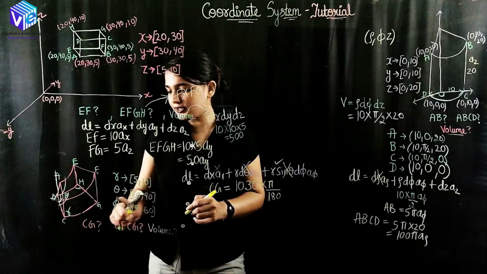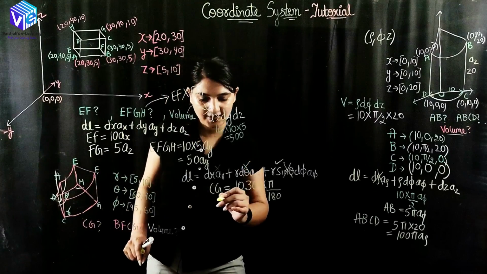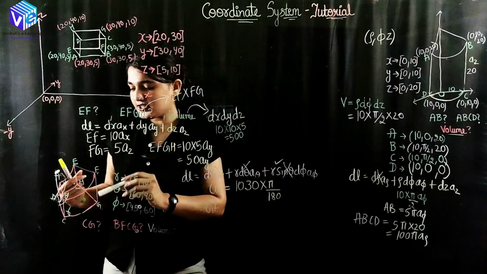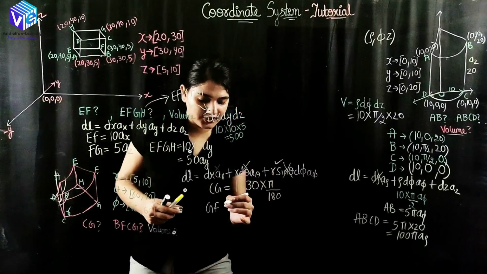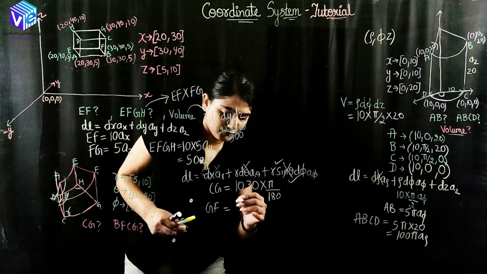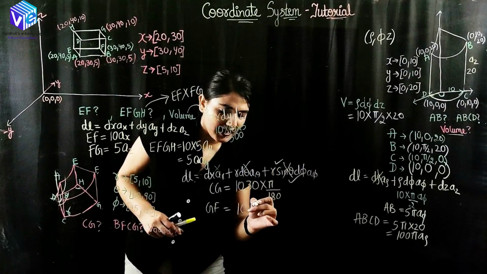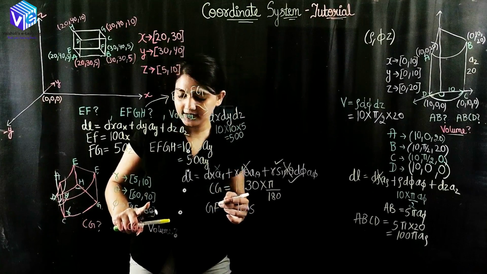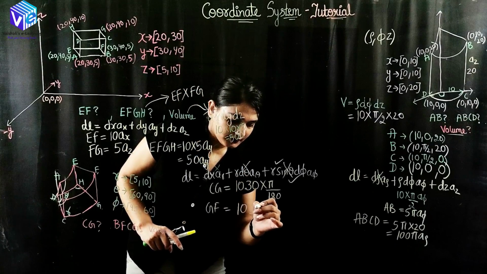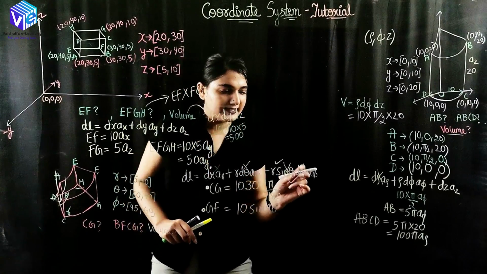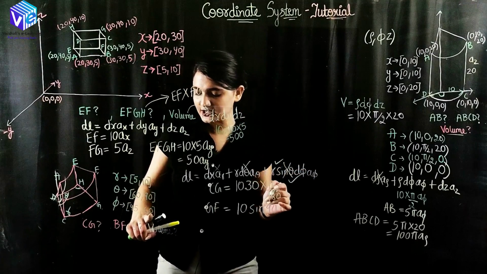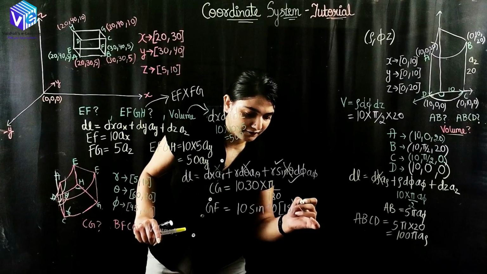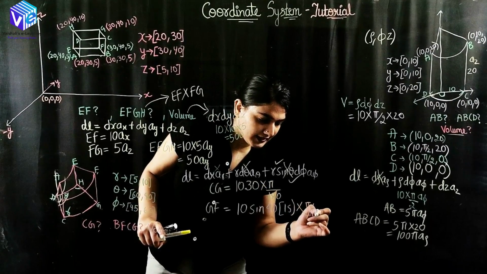Now I have to find out the area. For that I need to find out GF as well. So first of all I will be seeing what is changing in GF. In the GF I know phi is changing. So for GF I will be using this term. So here what is r? r is 10 sin theta. At the point G, the theta is the highest theta, so theta is 90. Okay, so sin of 90 multiplied by d phi. How is the phi changing? Phi is changing from 45 to 60. So here I will be multiplying with 15 and pi by 180 radian.